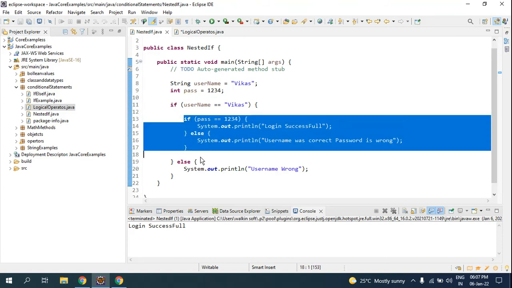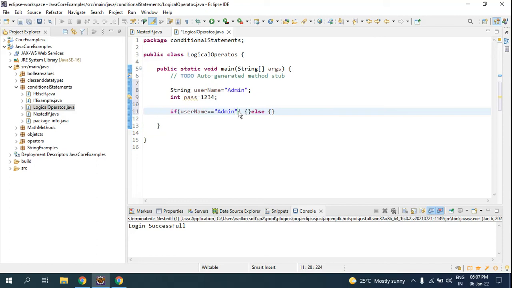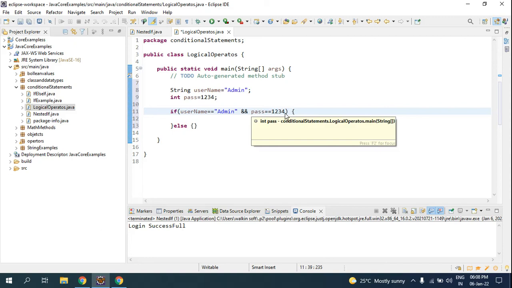I'll ask another condition using the AND operator, which is two ampersands. Then I'll check pass equals equals 1234, and if it is true I want this statement to be returned. It is giving me an error because a single equals is for assigning. If you use it twice, it compares whether pass is equal to 1234.